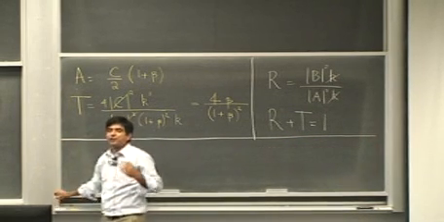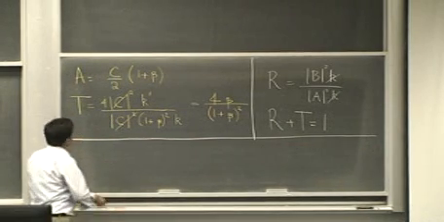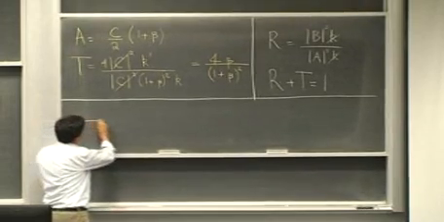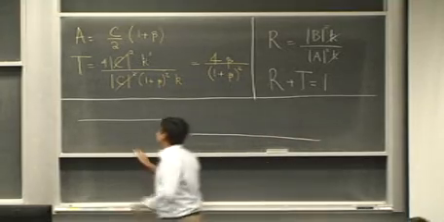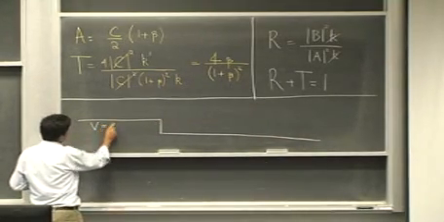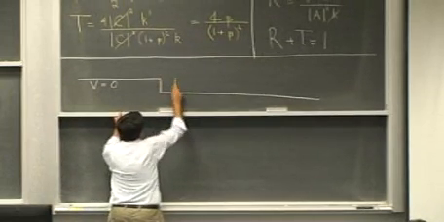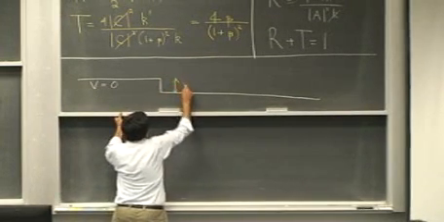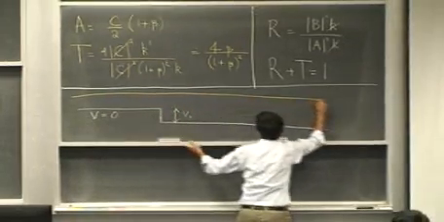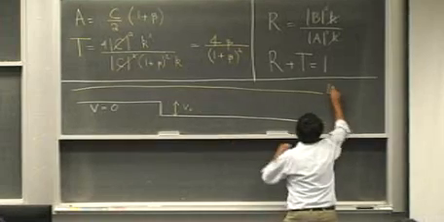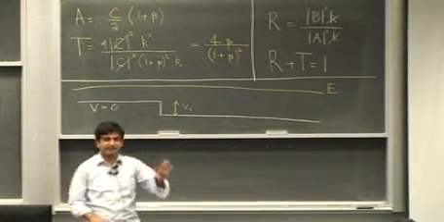Now the strangeness of quantum mechanics is slowly making its presence felt. Suppose I have a potential landscape that looks like this. This potential energy is 0 here, and here there is a drop in the potential energy. This drop is V0, and a particle comes in with an energy E. Is the particle going to be reflected at this discontinuity?